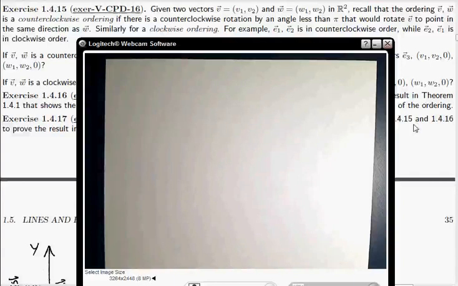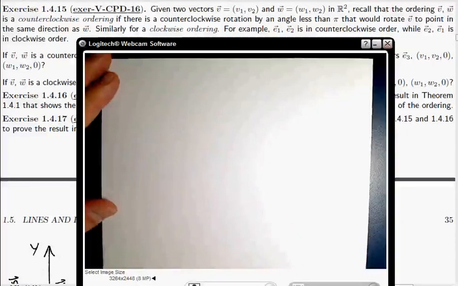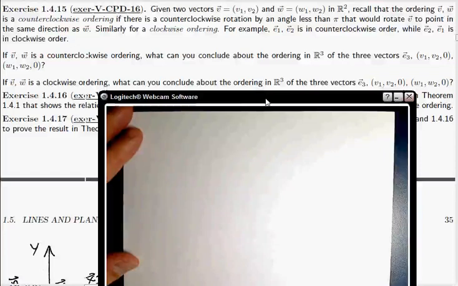Okay, so let's talk about this. This is one of these problems that's labeled two different ways. I'm going to call this CPD 16 because that's the permanent label. So let's see. The problem is, I just covered up the problem. So if V, W is a counterclockwise ordering, okay, all right, so let's